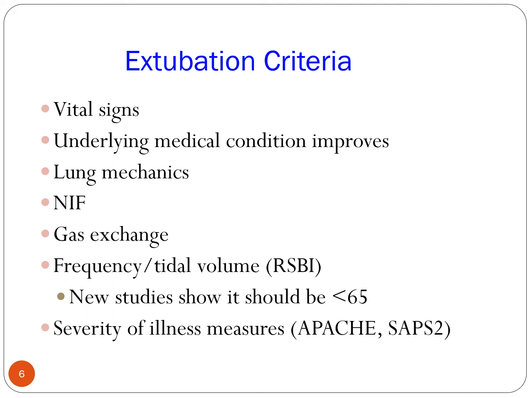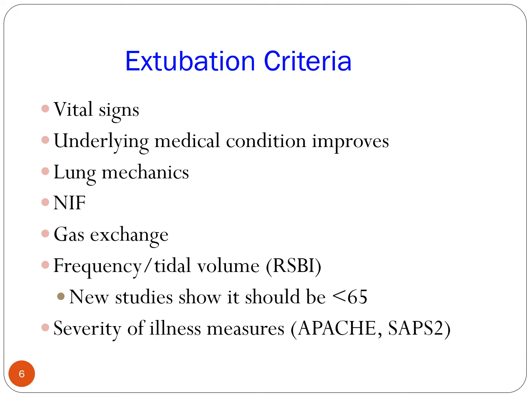Another thing you want to look at is APACHE scores and SAPS2 scores. I was telling you a little about that before. That's a measure of the severity of your illness. I'm going to get into it a little more later, but basically, when a patient is admitted into the hospital for any kind of medical condition, they give them an APACHE score or SAPS2 score. Now, what that means is if you have someone admitted with, say, an exacerbation of COPD, and they are a 55-year-old person who is otherwise pretty healthy, they would have one set of APACHE or SAPS2 scores.